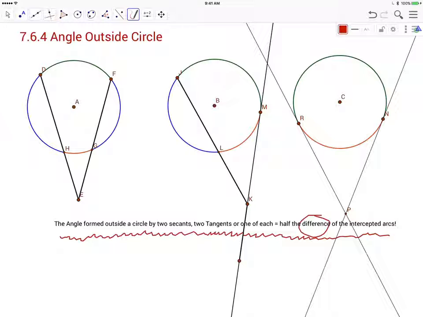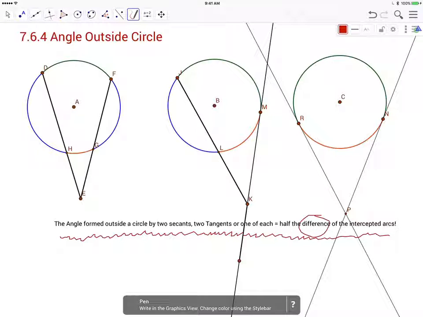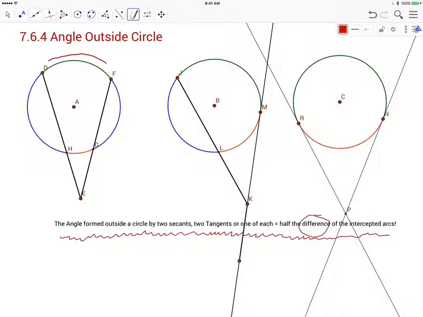And here are the quick proofs. So let's start over here on the left. We've got two secant lines, and we're trying to establish that angle E is half of DE at the top here, minus HG. So we're going to establish the fact that if I draw in